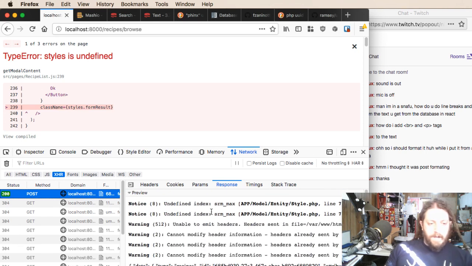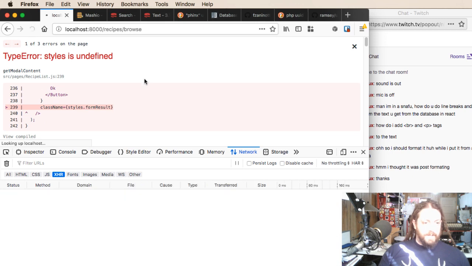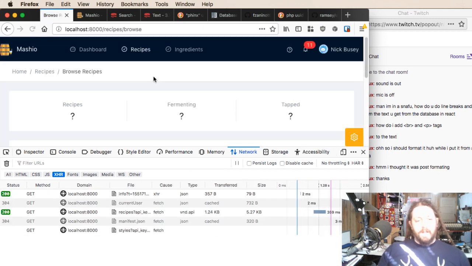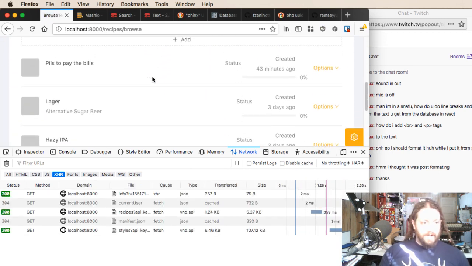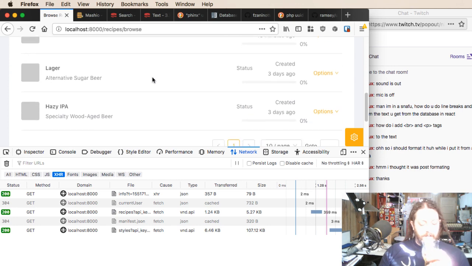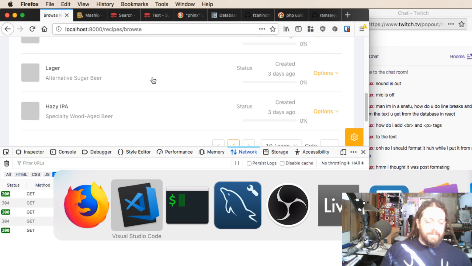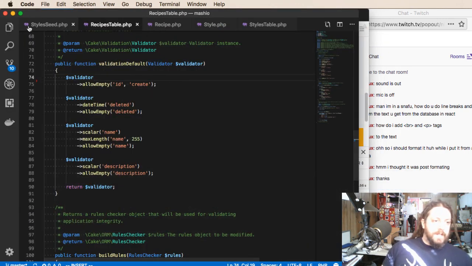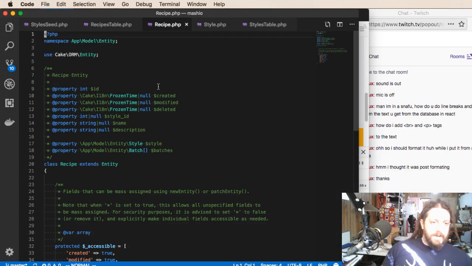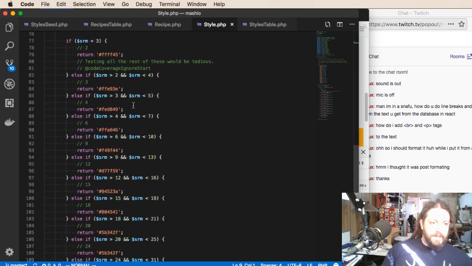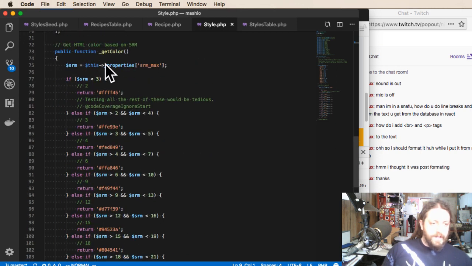Sweet. So I think that did actually work despite all the errors we see here. So if I reload, we should see American Lager there. No, it didn't. Okay. So I think the error we're seeing is it's complaining about SRM. It's probably this get color method. Yeah, so we just have to say